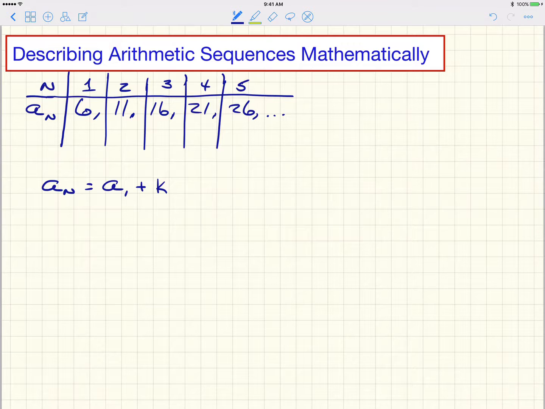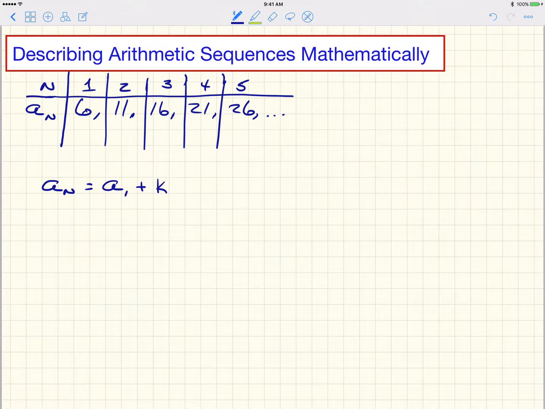Can we use any letter we want? Of course we can. It doesn't matter what letter we use. But I just like to think of it in terms of that constant K value, so that we can figure out what our constant difference is. It goes back to the slope. What's the slope of the line? Some people use m, some people use k. Doesn't really matter. So it's the first term of the sequence plus the slope, or the constant difference